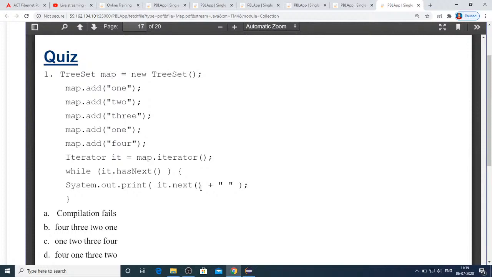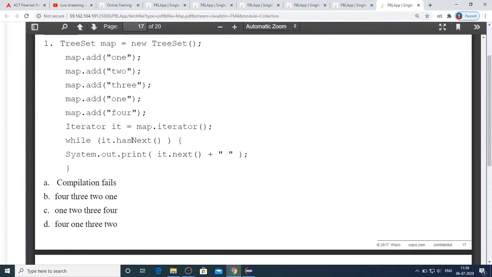And another thing we have discussed is that tree set returns in ascending order. So here actually 1 2 3 1 4 are inserted. That means one is duplicate, so only one time it will be added to the set. So 1 2 3 4 are added, and tree set nature is to return in ascending order.